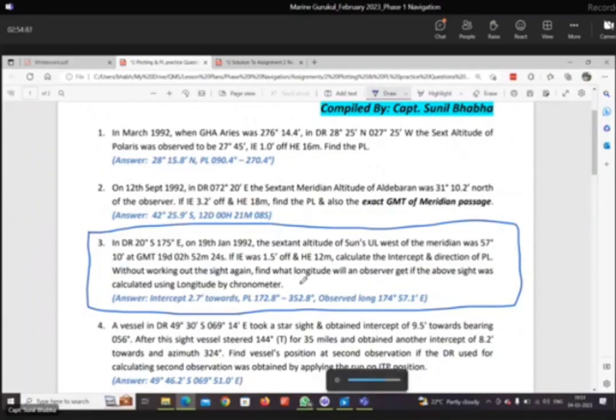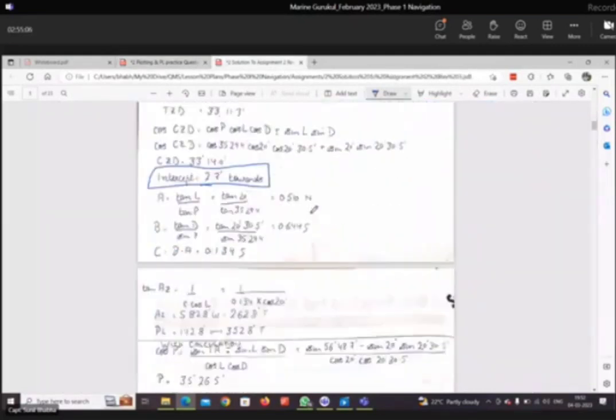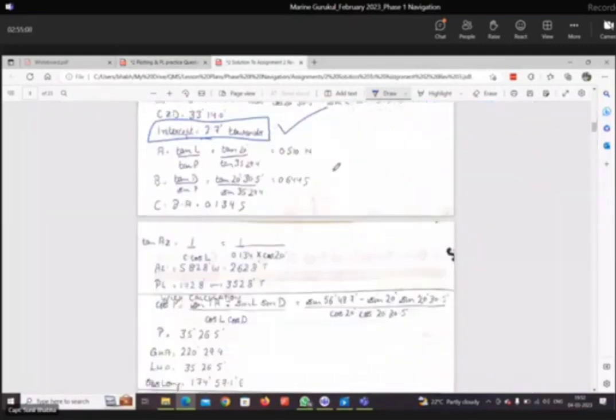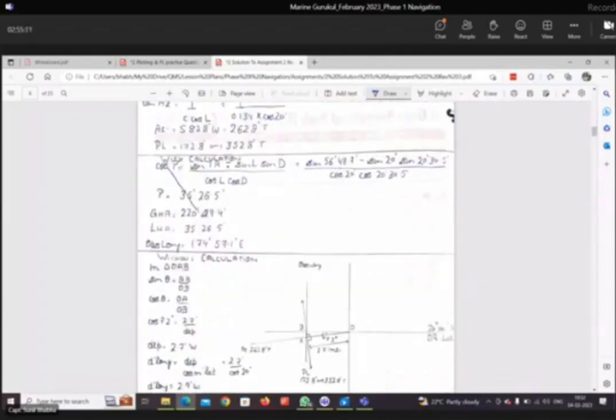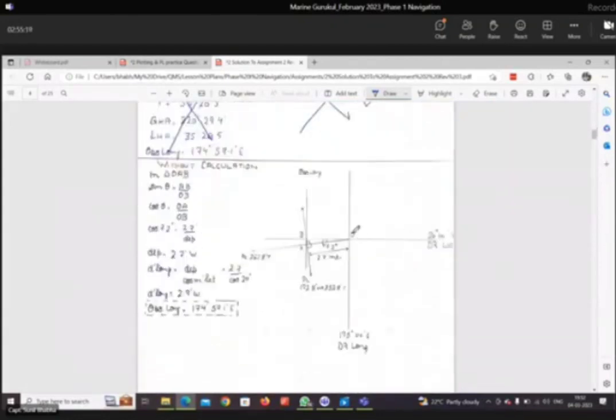बेटा, नंबर 3 के डाउट बताओ। सर मैं क्वेश्चन नंबर गलत कॉल आउट कर दिया, नंबर 3 में नहीं सर। जी बोलो जी, विदाउट वर्किंग आउट द साइट अगेन, आपका डाउट क्या है बेटा? अभी बता रहा हूँ, बस मैं समझ गया। होल्ड ऑन। ये देखो बेटा, आपने इंटरसेप्ट निकाल लिया। अब आपको ऑब्जर्व लॉन्जिट्यूड चाहिए, पर आपको कैलकुलेट नहीं करना। बिना कैलकुलेशन के ऑब्जर्व लॉन्ग कैसे आएगा, ये पूछ रहा है सवाल।